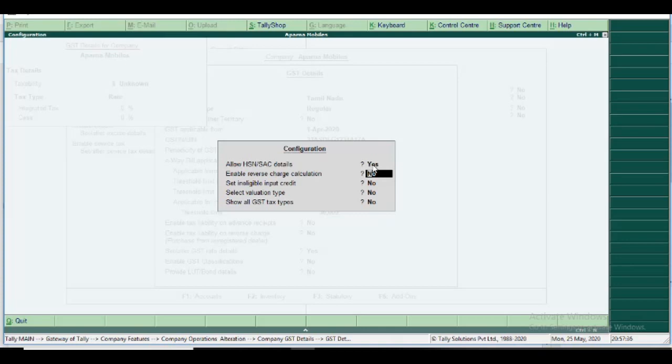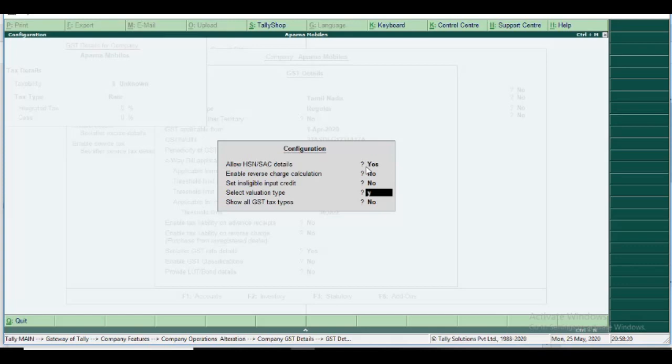Once you give yes and enable it in the configuration, the whole Tally software gets the same configuration. If you enable something in F11 features, it changes only that company. So the option enabled in configuration is enabled for the total software. Once you give yes here, in another company you create, the same configuration option is enabled. Please note this point.